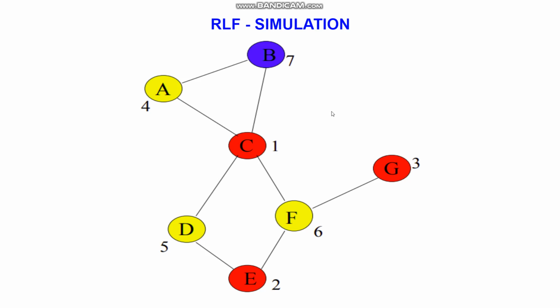Now I would like to mention one point, that we can do one optimization. As I said in the start, the greedy choices do have a big impact. We are choosing the node with highest degree, but we can also make sure that we choose the nodes with highest degree in such a way that our remaining graph has the minimum number of edges. So the graph is very much condensed in the sense of number of edges. This will help us a lot in the next iteration of the RLF. That's why we can use this kind of heuristic to optimize time in practice.